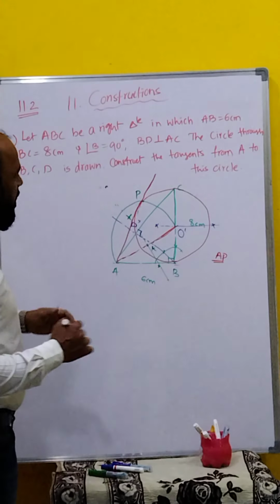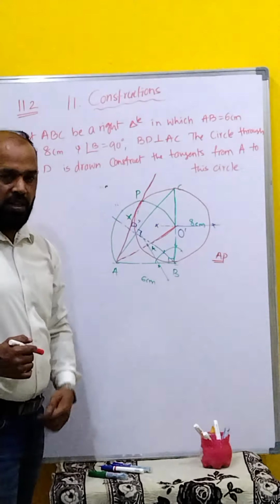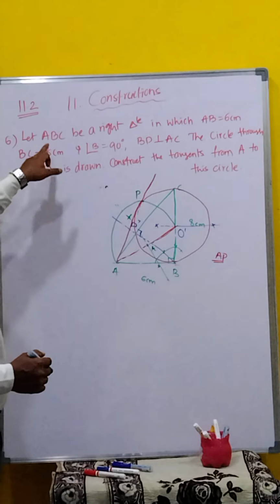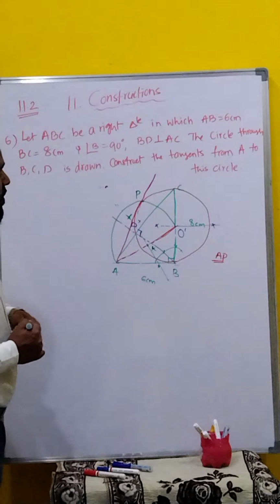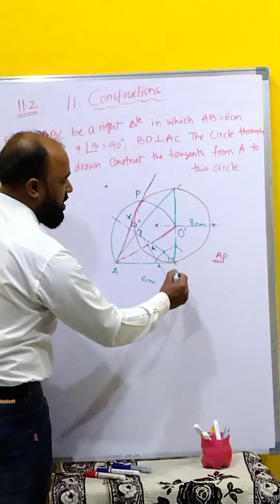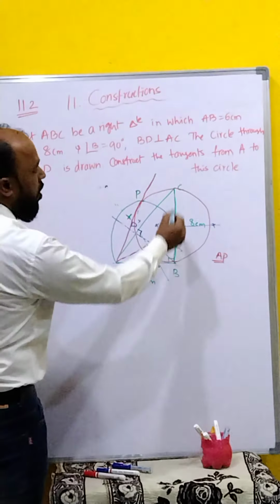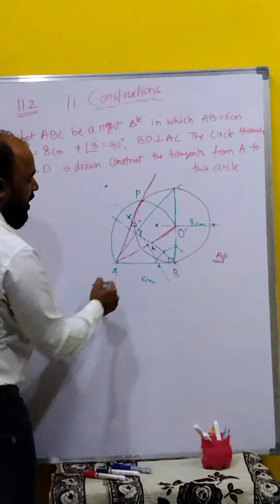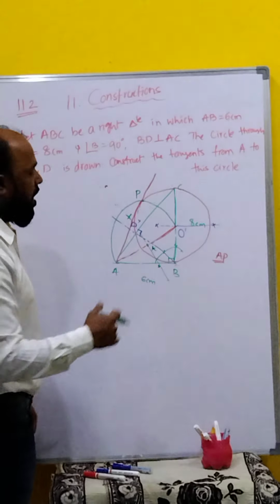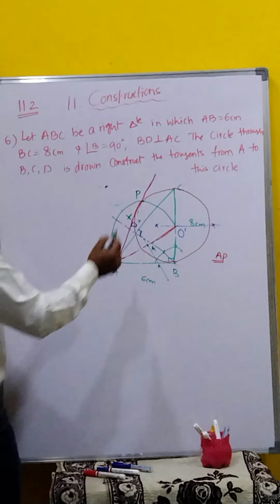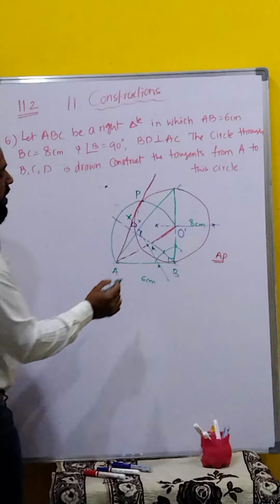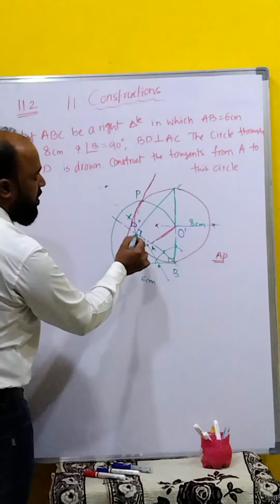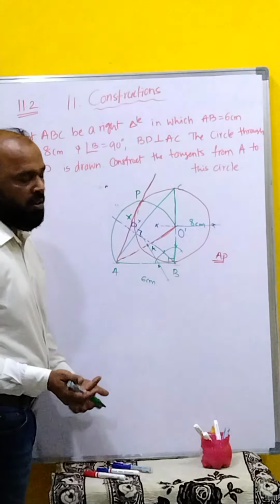Clear? Okay, I'll go for one more repetition. Listen properly, everyone. First, what is given? Let ABC be a right triangle. First we draw AB as the base, with 90 degrees, then 8 centimeters and 6 centimeters. Join AC, then the triangle is formed. After the triangle, the next step is BD perpendicular to AC. Using the angle bisector you can do it.